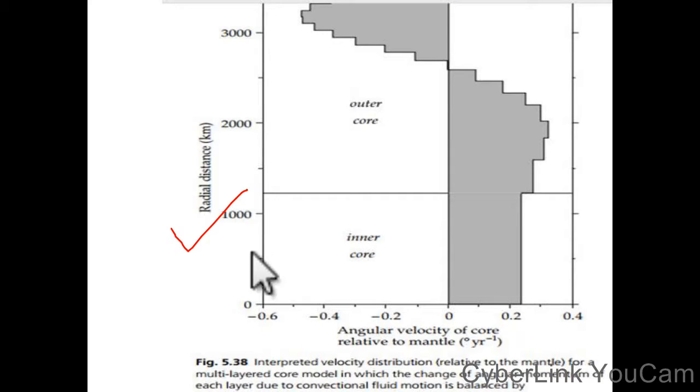Radial distance in kilometers, angular velocity of core relative to mantle, inner core, outer core, interpreted velocity distribution, multi-layer core model. Change of angular momentum, usually fluid motion enhanced by